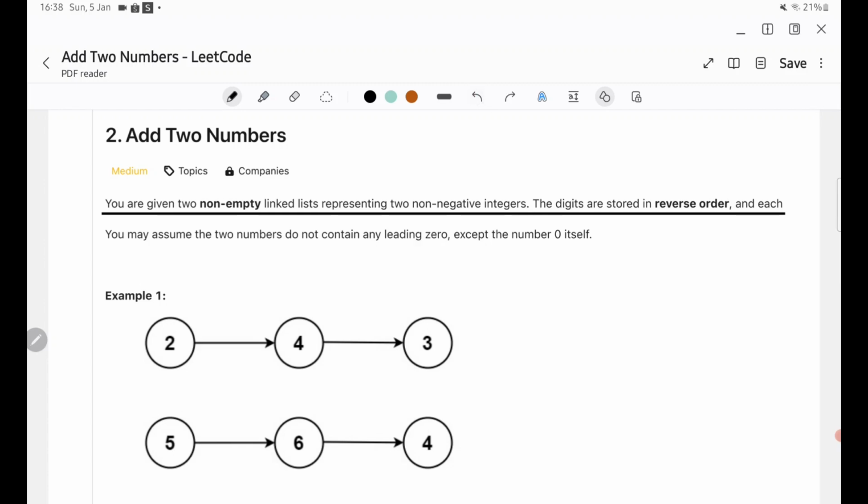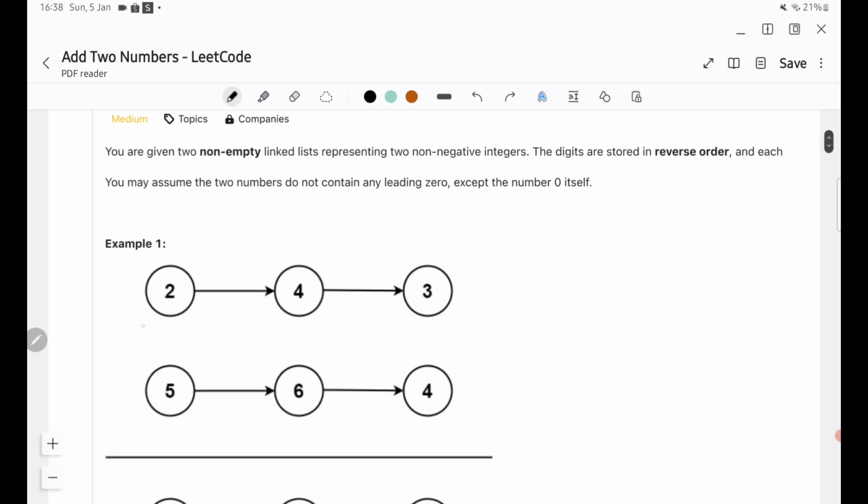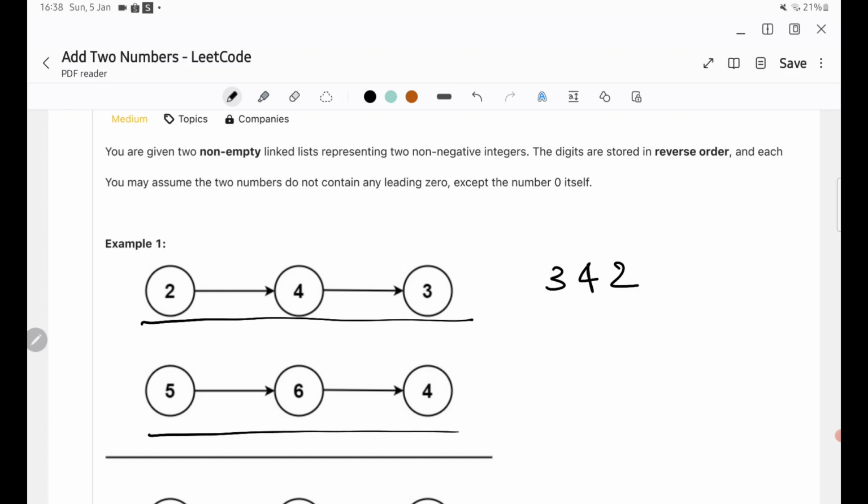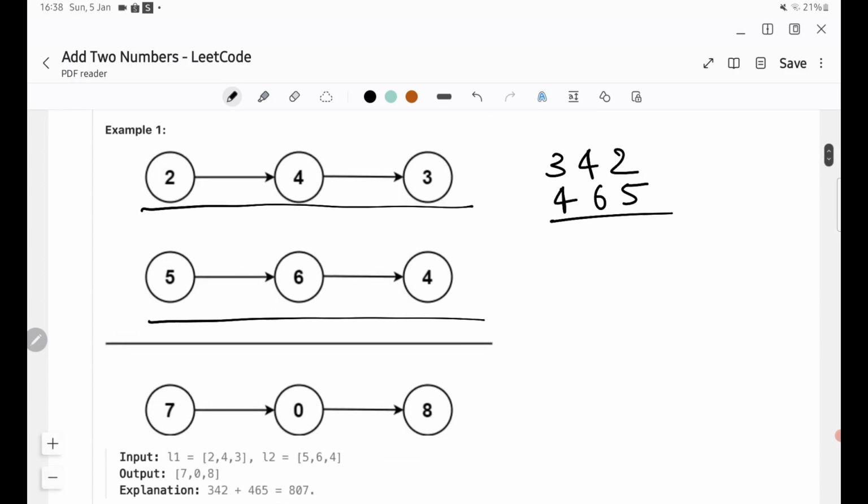So what it means is we have two numbers. If you see 2 4 3, it is representing 3 4 2, and if you see 5 6 4, it is representing 4 6 5, and it is available with linked list. So actually it is given in reversed order, and the summation of it, if you see,